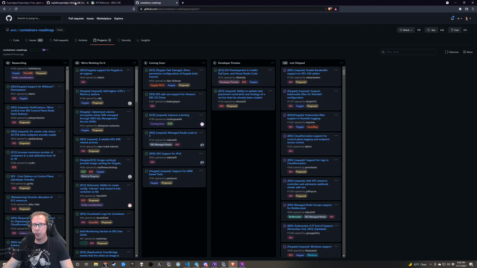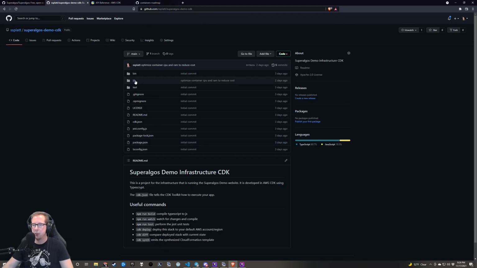So I created this CDK repo to very quickly stand up a load balancer with a container behind it, and all of the other background infrastructure like the VPC, subnets, NAT devices, internet gateways,